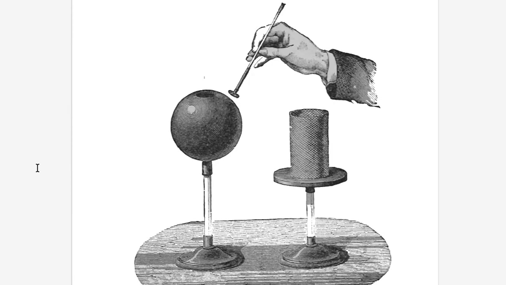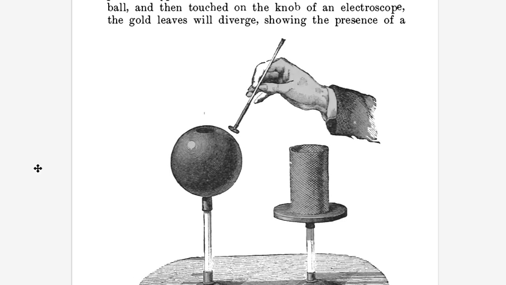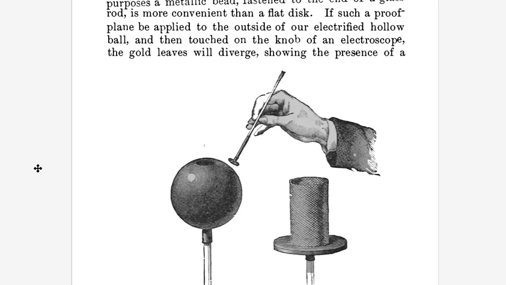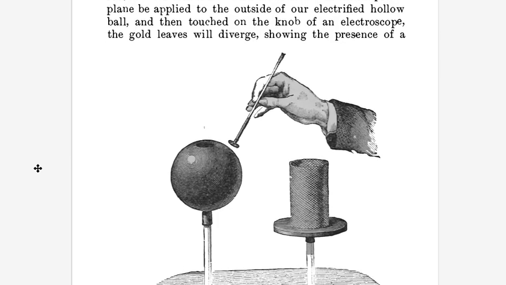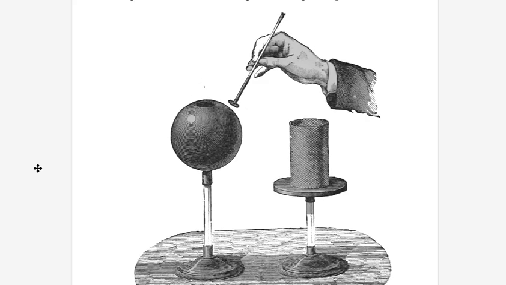In order to observe the nature of the electrification of a charged body, it is convenient to have some means of removing a small quantity of the charge as a sample for examination. To obtain such a sample, a little instrument known as a proof plane is employed. It consists of a little disc of sheet copper or of gilt paper fixed at the end of a small glass rod. If this disc is laid on the surface of an electrified body at any point, part of the charge flows into it, and it may be then removed. And the sample thus obtained may be examined with a gold leaf electroscope in the ordinary way.